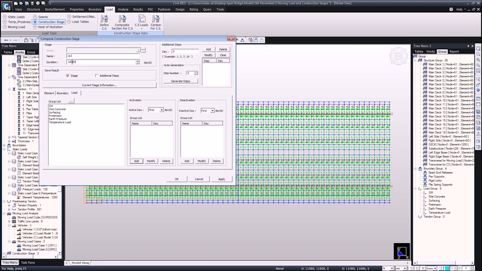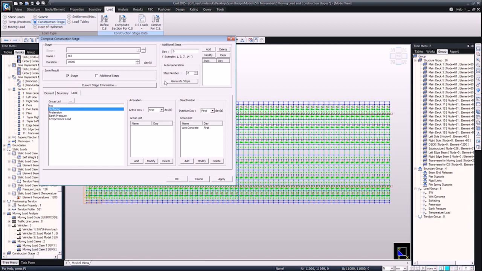This will be a long one, so the duration will be 10,000 days. The elements, now we will activate the left and right edge beams and also the transverse ones. Okay, again, these will be activated at 28 days. Add. The boundaries in this stage are, we're going to remove the beam end releases, because at this stage the slab, which has been cast in the second stage, now it has gained strength. So now the girders are fully fixed, and for loadings we will have the wet concrete removed